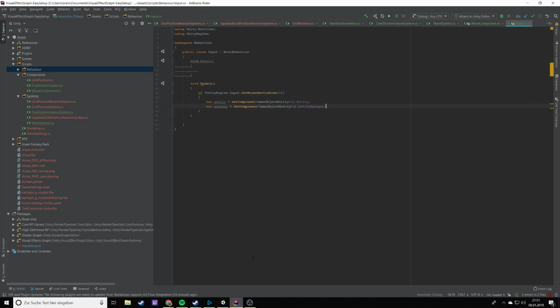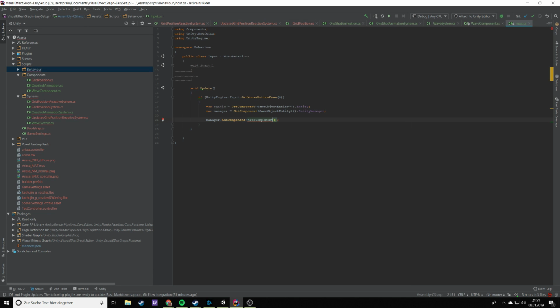It's just to, okay, so I can add component wave component to our entity, if I could type